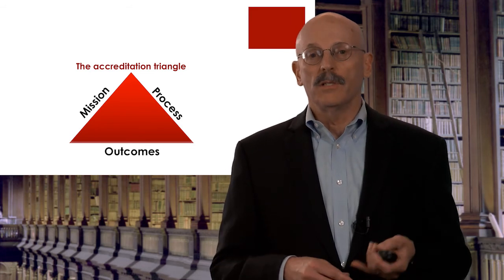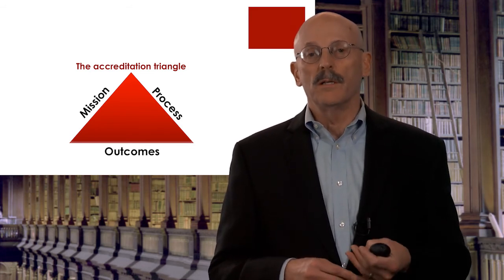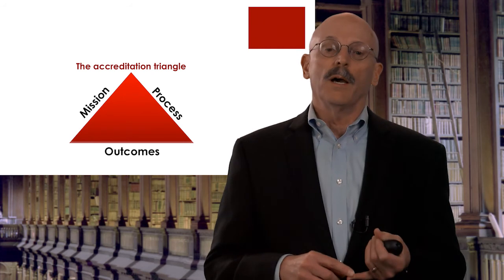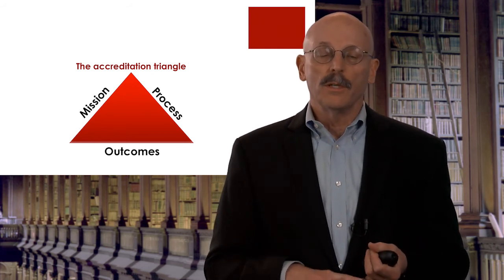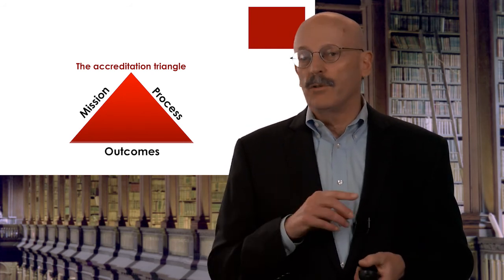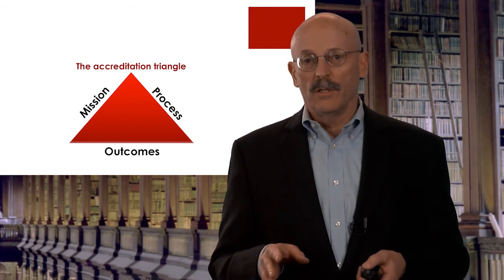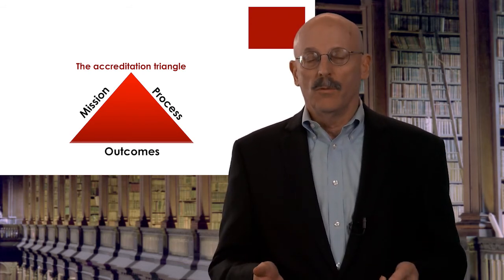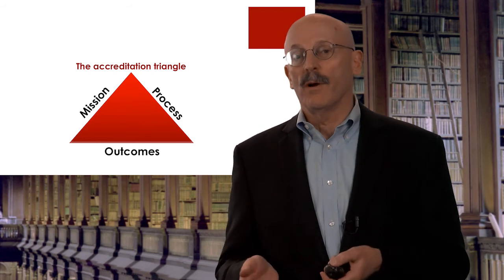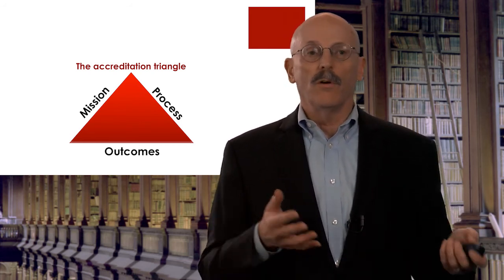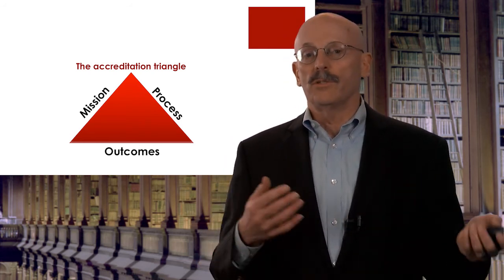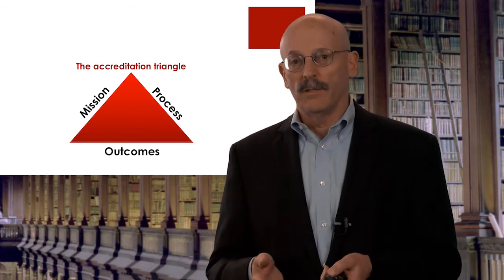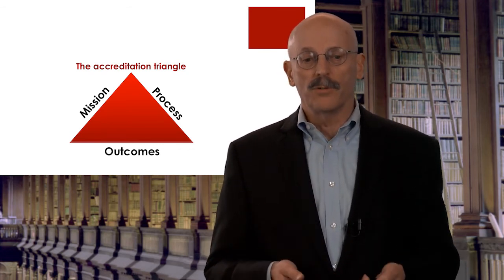And accreditation is about these three things, and we'll repeat it over and over again. It's about mission, process, and outcomes. If you don't have any one of those, then the whole thing collapses. What's the point of having a process, or one process rather than another, if you don't have a clear mission? How do you know if you're achieving your mission if you don't have identifiable outcomes and you're not measuring those